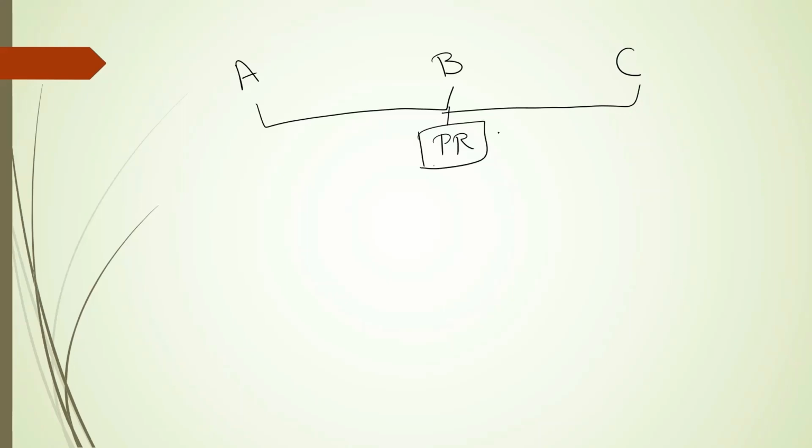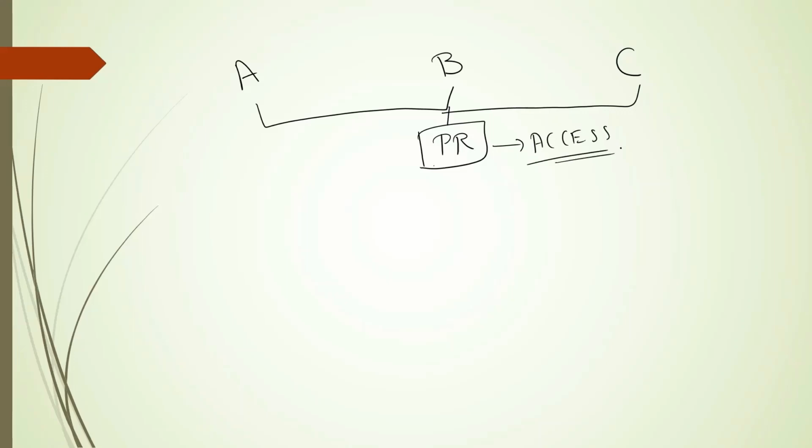Now let's see an example. We have 2 or 3 users: user A, user B, and user C. All these users have the same profile. It means the profile has